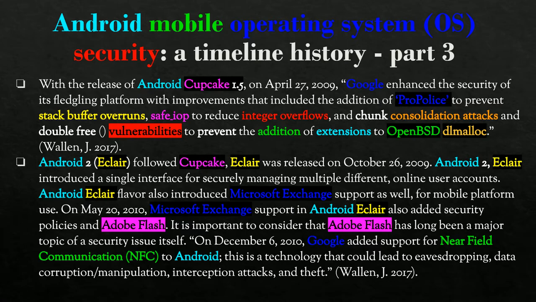It filled in some of the gaps that Android had when first implemented in the early iteration, fixing vulnerabilities such as integer overflows and preventing the malicious addition of extensions being forcibly added to your device. It also fixed some security flaws in Adobe Flash Player, as well as Exchange applications such as Microsoft Exchange.